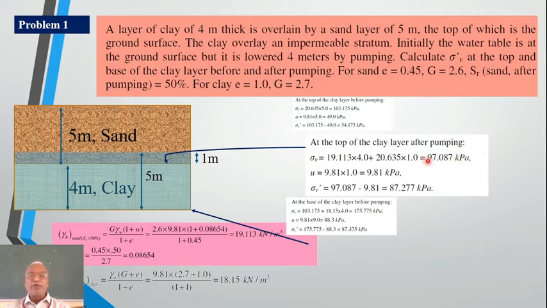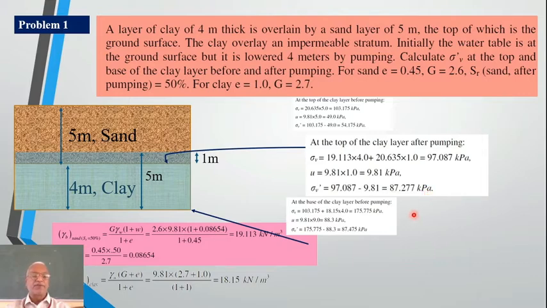97.0. Now before pumping, what was the total pressure? It was 103.175. Total pressure was more because of the standing water, right? Now it has reduced to 97.0. Pore water pressure is only for 1 meter, 9.81 into 1, because if you insert a piezometer here, how high the water goes? It goes only up to 1 meter, that's why 9.81 into 1. Sigma dashed V, that is effective pressure, is total pressure minus pore water pressure, which becomes